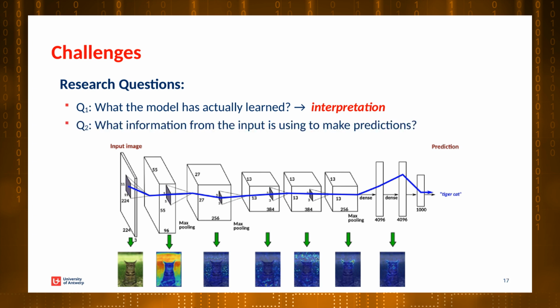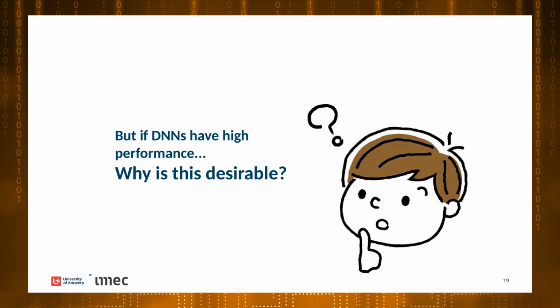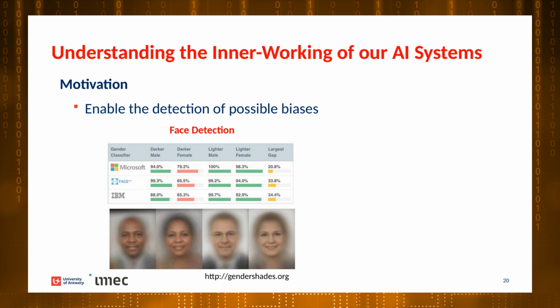The other problem that we are facing is that when the model makes a prediction, for example, tiger cat, for this image, it is really hard to justify why the model is telling you that the image is of a tiger cat. It's hard to justify the prediction. And that's what we call explanation. So the question is, if these deep neural networks have high performance, why are we interested in having these two capabilities, interpretation and explanation? Well, on the one hand, it's because these models are not really perfect,